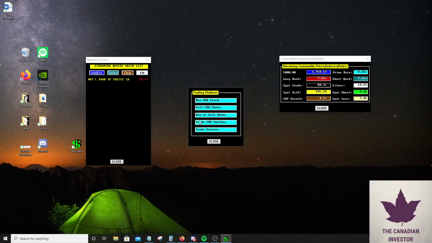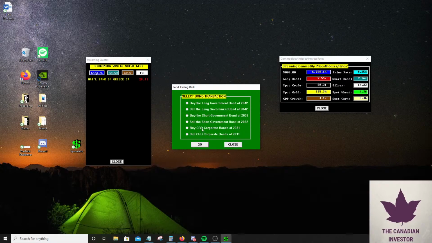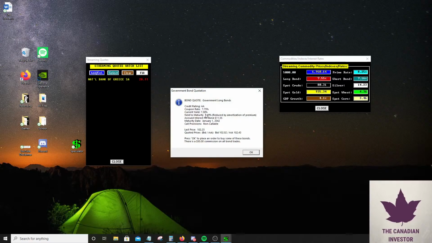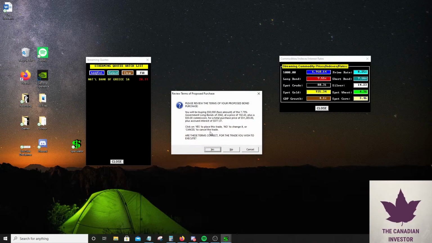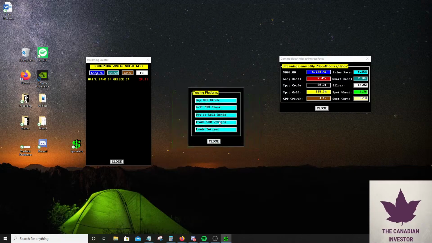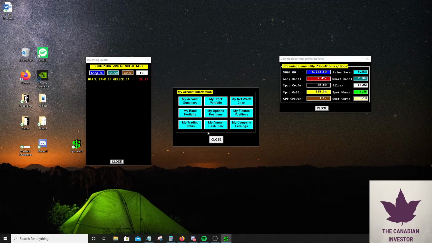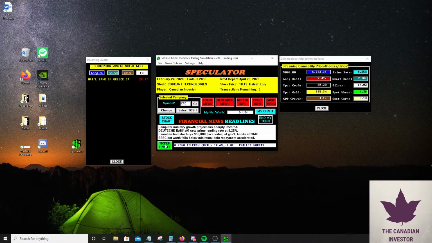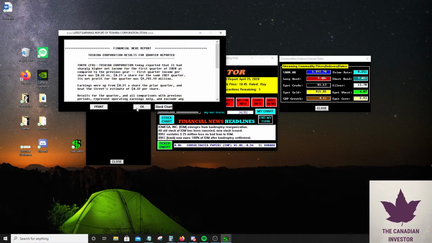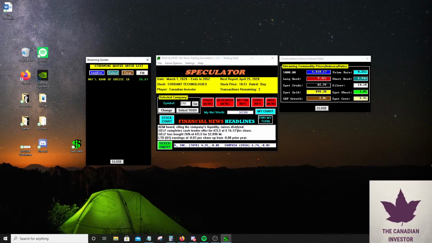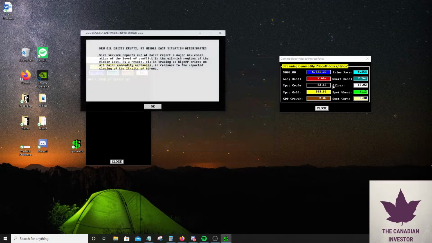Okay. So now we're going to go ahead and lock in about 50,000 into the long government. So long government pays about 7.58. So I'm going to buy about 50 of these. So now we have about $51,000 in government long bonds at about 7.5%. If interest rates continue to fall, we're going to make a bit of money off that transaction. But if they continue to rise, we're not going to be that bad of a deal. I'm hoping interest rates go up though, because I didn't weight my entire portfolio in long bonds.